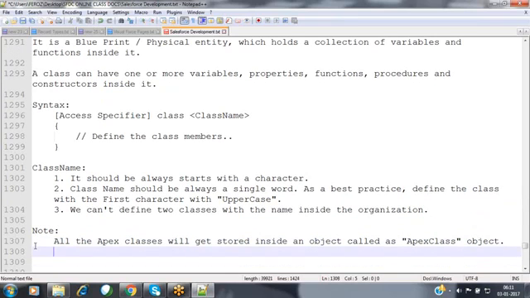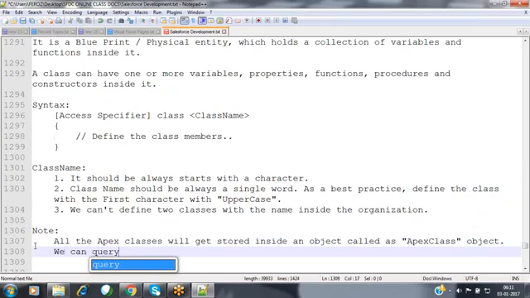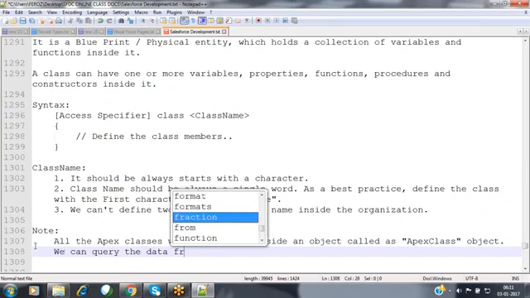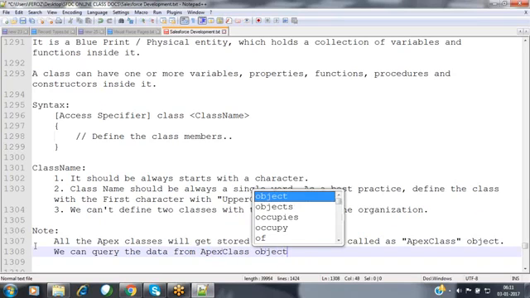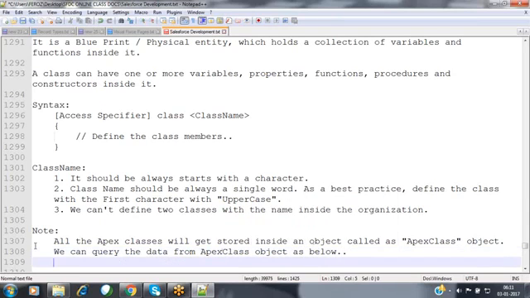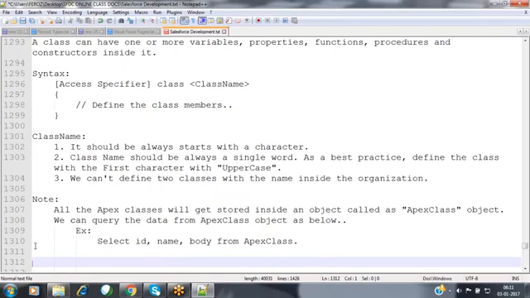If you want to query the data from the Apex class object, you can query it as below: select ID, name, body from Apex class. We have already discussed this functionality previously.